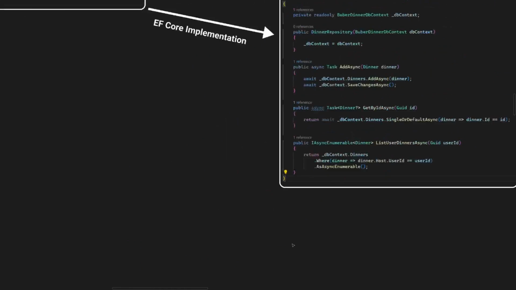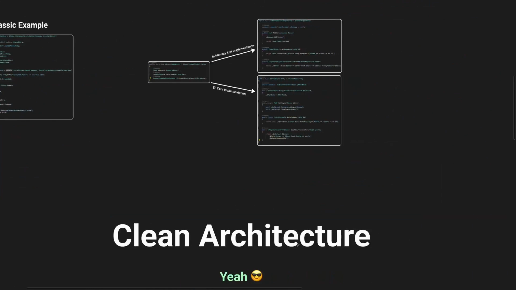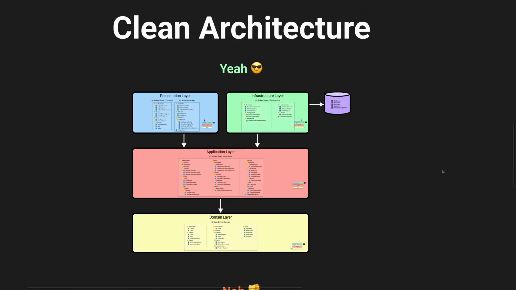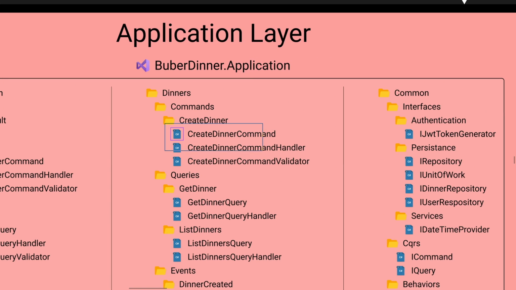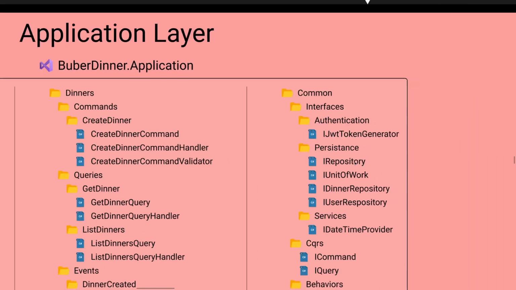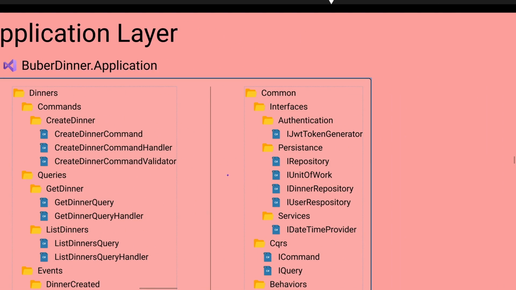Okay, so let's look at it from a few perspectives. First, let's look at it from the perspective of clean architecture. In this series, this is the architecture of the final result of what we're going to be building. Over here, we have the create dinner command handler that we looked at now. And over here in the application layer, we have our dinner repository and the user repository, which follows